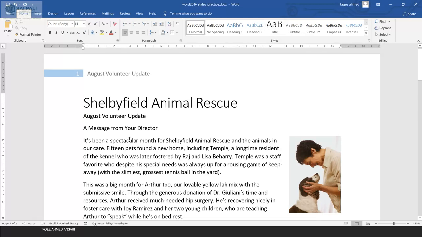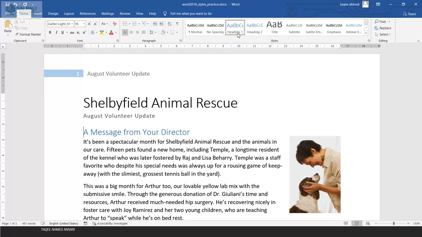Let's say for example, I want this line as a subtitle. I can click on that line, go here and select Subtitle. You can see it is also changed. Let's say I want to make this line a Heading 1. You can have different headings, so you can select them directly from here. I click here and now you can see it has become like a Heading 1. So by going one by one, changing and selecting the different size and style of the text, we can use this Styles option here.